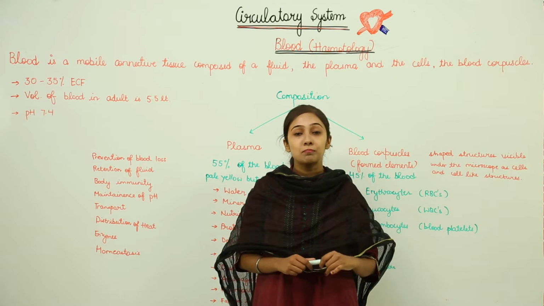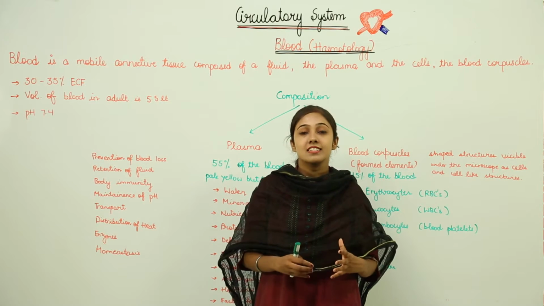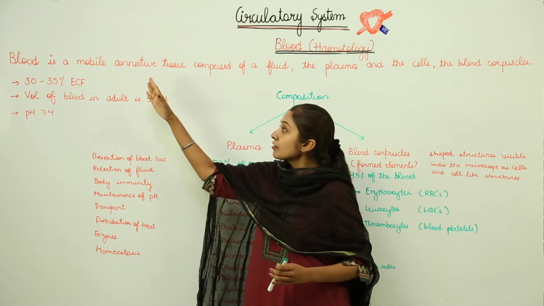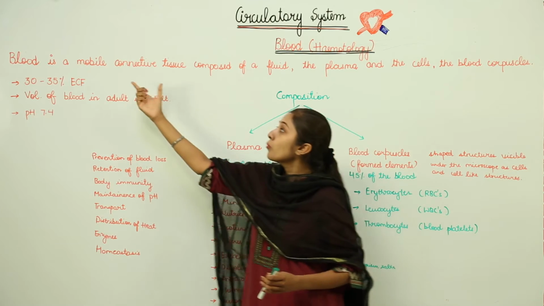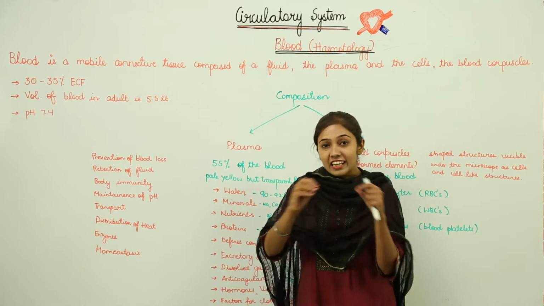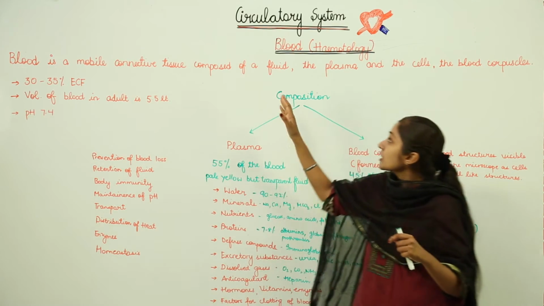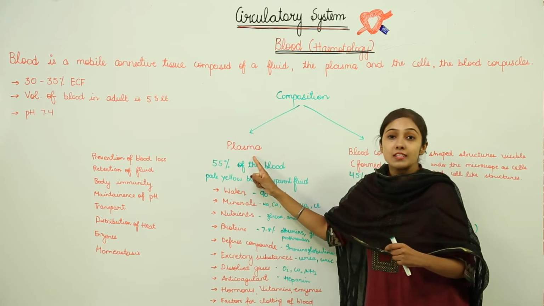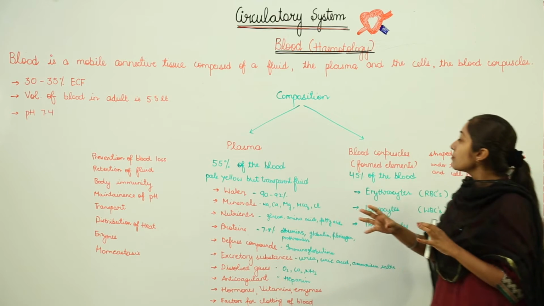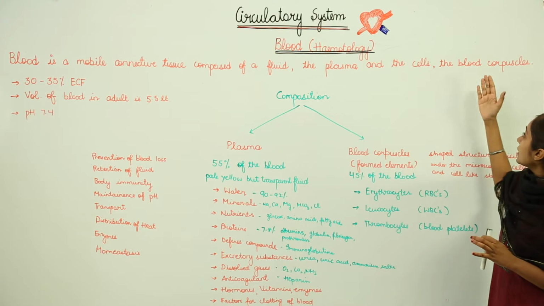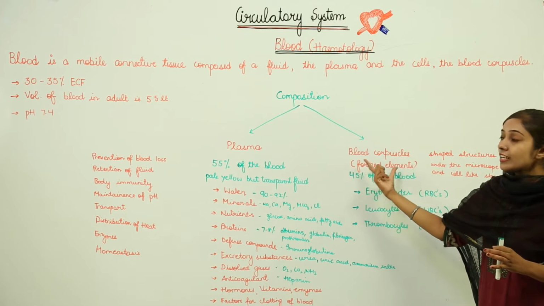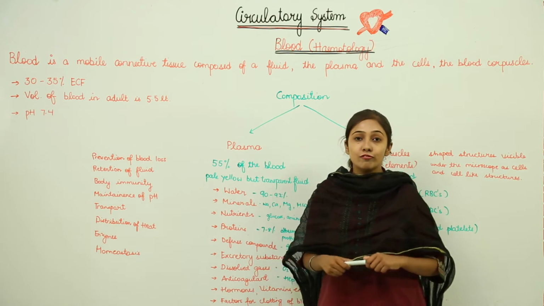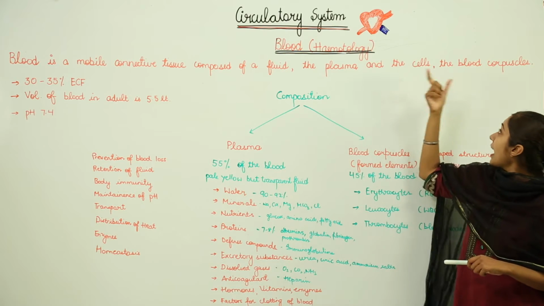Now let's start with blood. Well, blood is actually a fluid connective tissue, right? It's a fluid connective tissue, or you can say a mobile connective tissue, because it's constantly moving, which is composed of a fluid, that is what? The plasma. The fluid is the plasma part, and the cells, which are the blood corpuscles, right? So blood is a mobile connective tissue composed of the fluid, that is the plasma, and the cells, that is